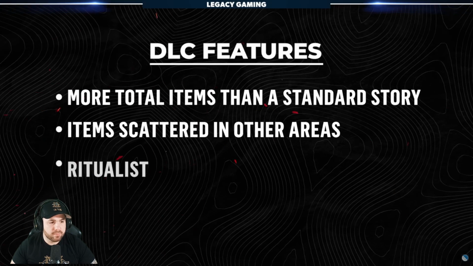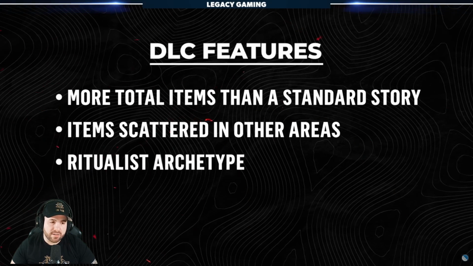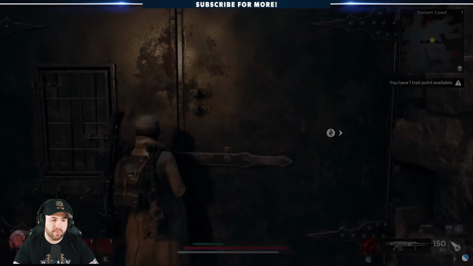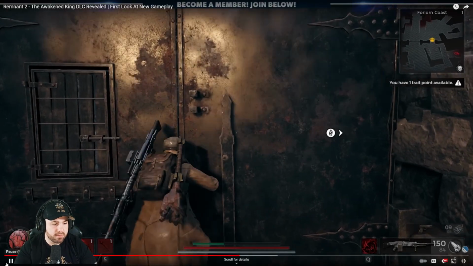The DLC will also feature a new archetype, the Ritualist. Awesome. At this time, here's all we know. Leveraging status effects to punish foes, this new archetype is a master of pain and suffering. Wow. Now, based on Gunfire's track record, we can only assume...